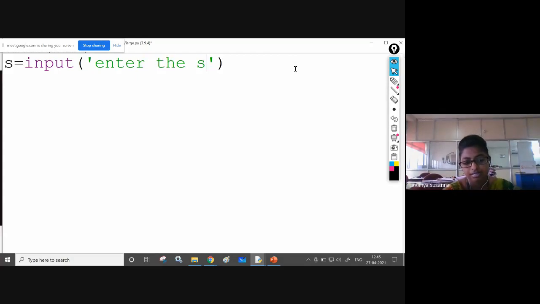No need to give str or int or whatever it may be. If you want to provide a string through the keyboard, just give the input function. Whatever you have given, for example, if you entered an integer, it will take it as a string. If you enter a string, it will take it as a string. If you enter a float value, it will also be taken as a string. Okay?